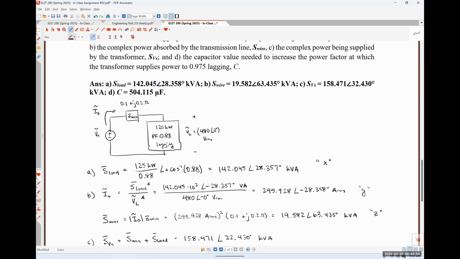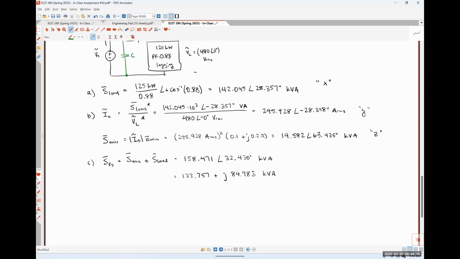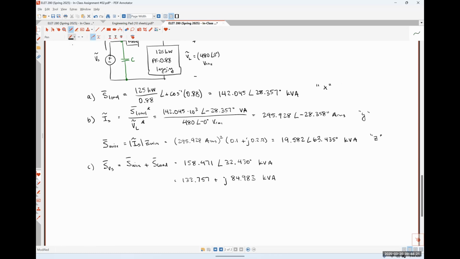So our capacitor in this case would be applied here across the terminals of our transformer in order to correct the power factor of the whole system. So we're trying to find the value of that capacitor, which is going to improve its power factor to 0.975 lagging. So down here for part D,